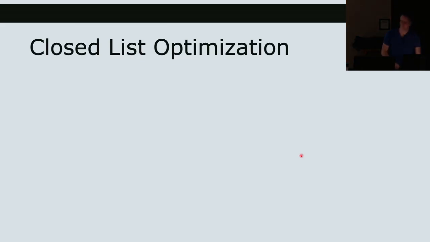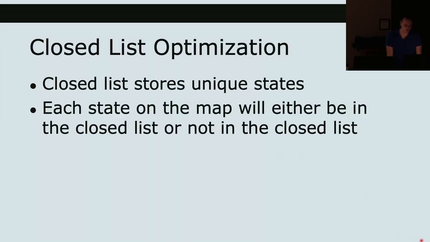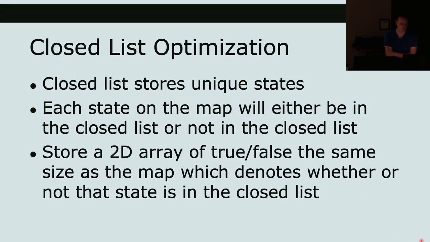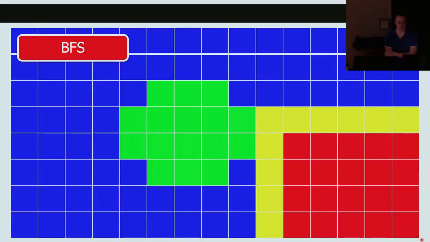Another optimization. We have talked about this already, but I have it in here just for completeness. The closed list stores unique states. Each state on the map will either be in the closed list or not in the closed list. So you could store a Boolean 2D array for your entire environment to represent the closed list. As I said, we've already talked about that. This makes everything a constant time lookup. Okay,